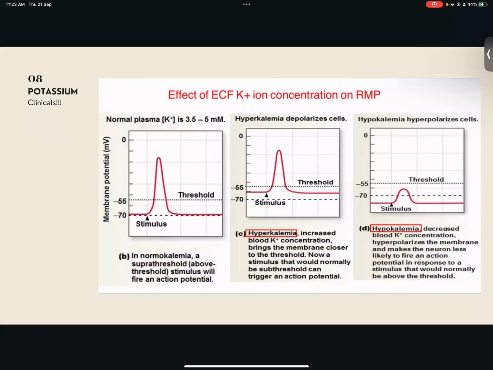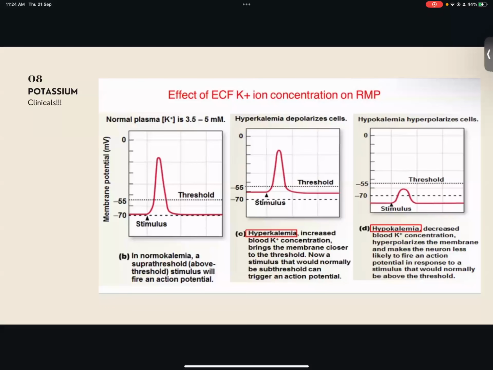Okay, that will cause tremors, right? Because your cells are more depolarized. Any small stimulus will cause an action potential, and it could cause cardiac arrhythmias. Okay, you guys don't need to know this right now, but it's just for your better understanding. Now, let's take the opposite scenario: